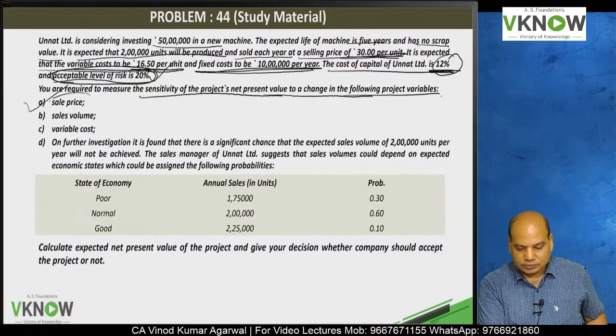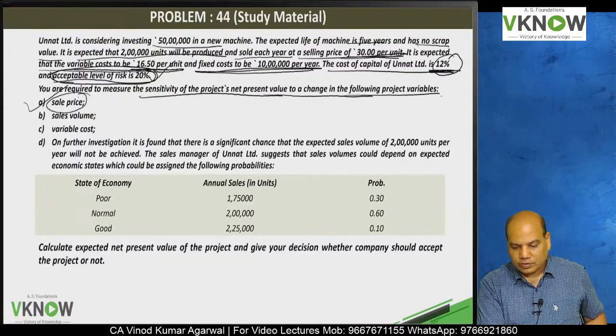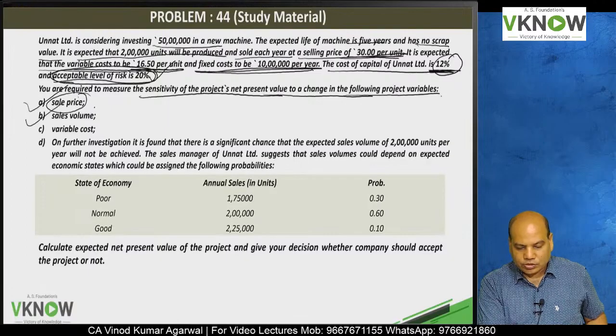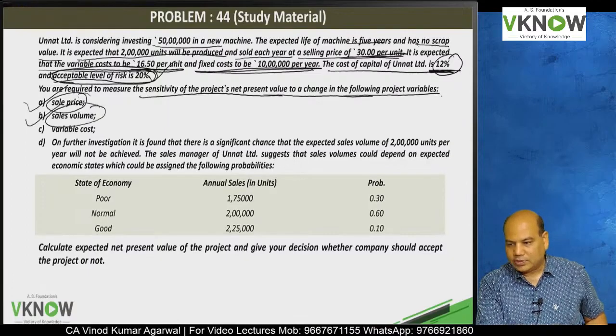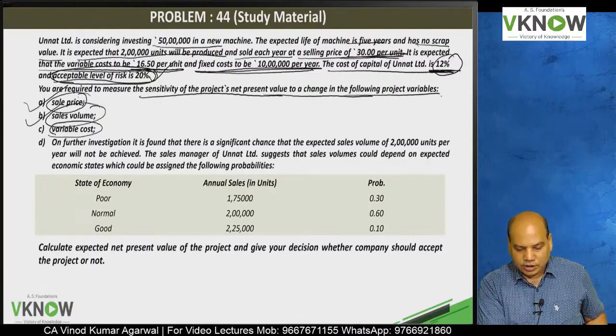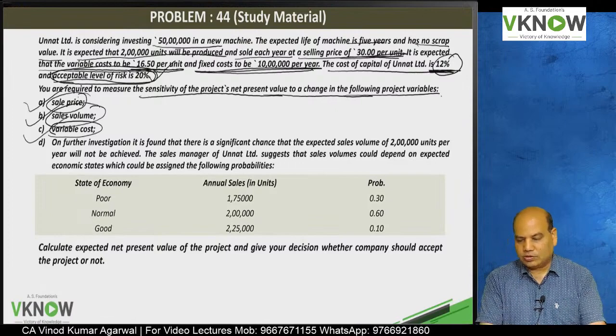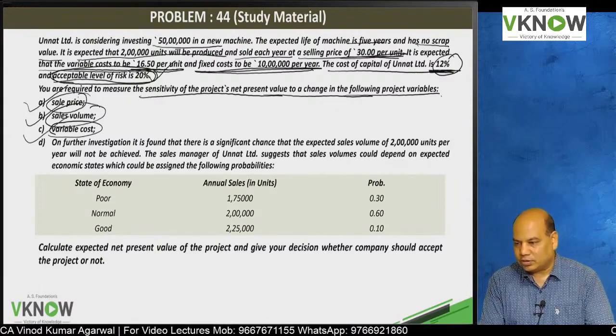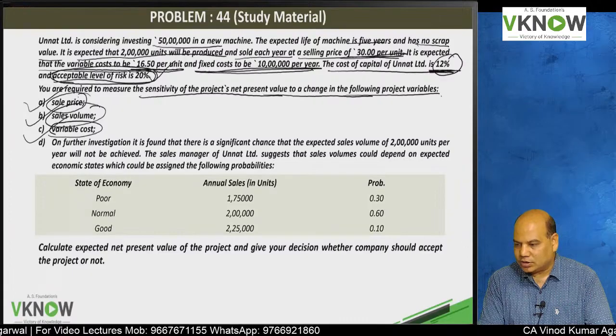Selling price, we can solve by solving one equation. Sales volume, we can get it by solving the equation. Variable cost, we can solve by solving one equation. Is it right? On further investigation, it is found that there is a significant chance